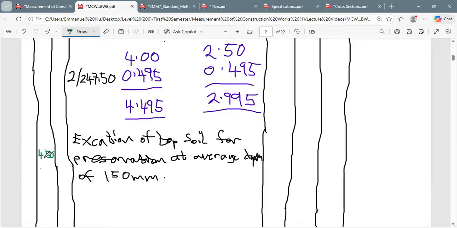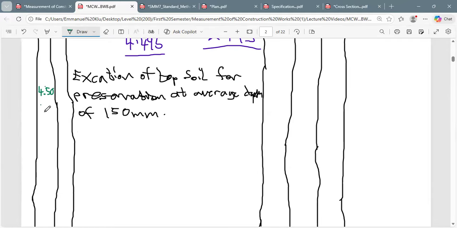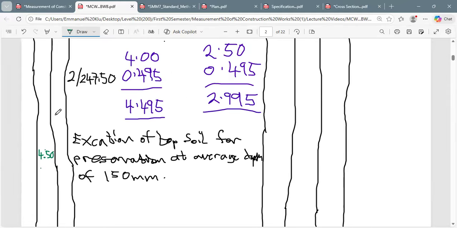Okay, 4.50 times, let me say 2. No, if you round it, you're going to get 3.00. So 3.00. At the end of the day, you realize that you're going to get